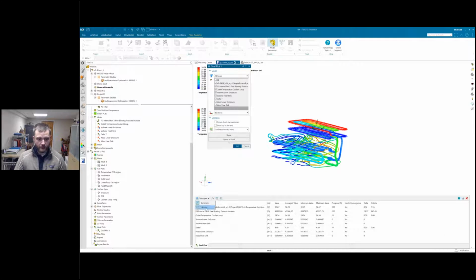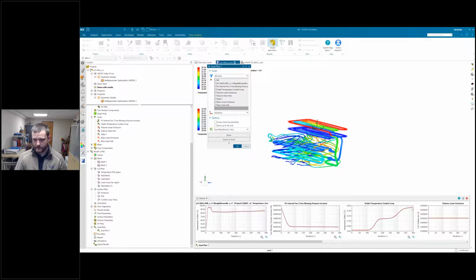We can also see a plot here. And on some of these, it looks like maybe we need to let this solution run a little bit longer. Maybe it's starting to flatten out. This one's pretty flat, but maybe we let this run 100 iterations. Maybe we say, let's run it another 100 to make sure that it's really, really converged. It's close, but then we can do that. So this really helps with that.